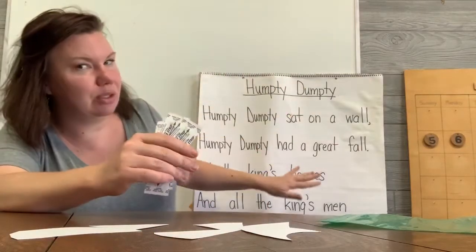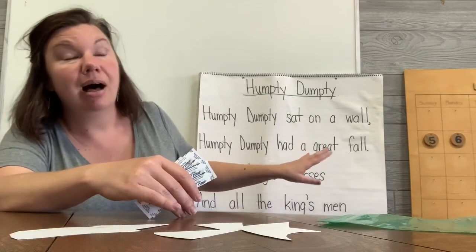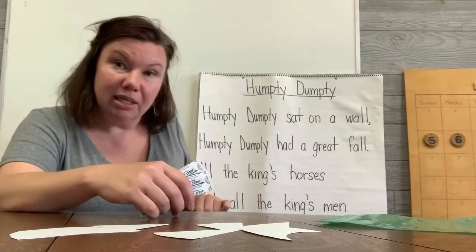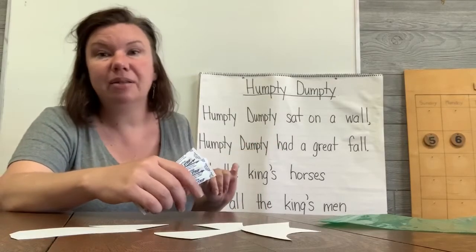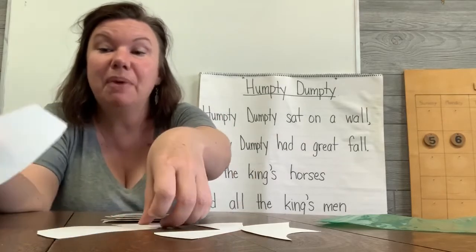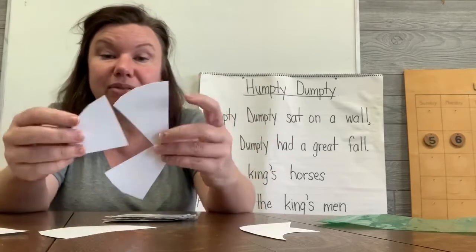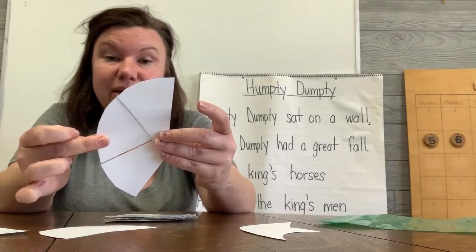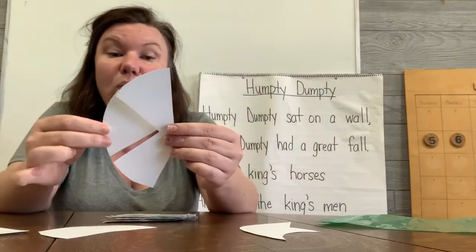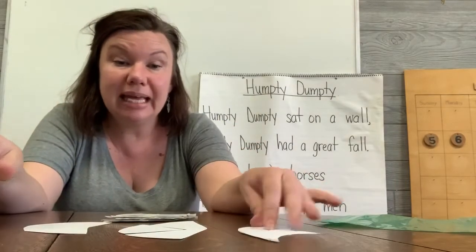Think back to our nursery rhyme. Humpty Dumpty sat on a wall. Humpty Dumpty had a great fall. All the king's horses and all the king's men couldn't put Humpty together again. I want to see if you can put Humpty together again. This puzzle, once you put it back together, and you have to do some kind of trial and error here. You have to play with it just like puzzle pieces. Once you put your puzzle back together and you have an egg,